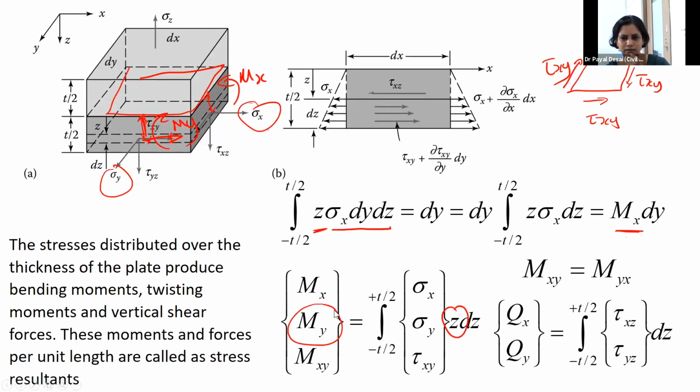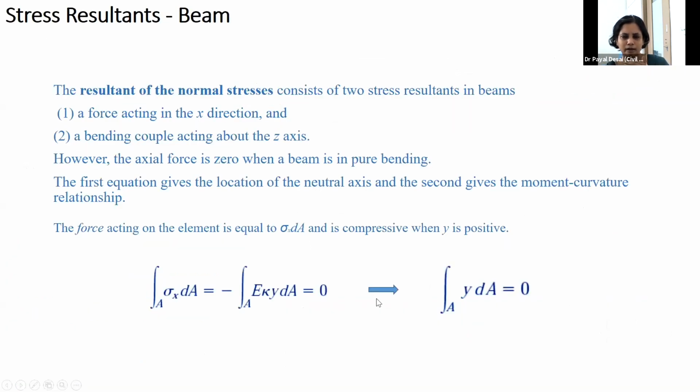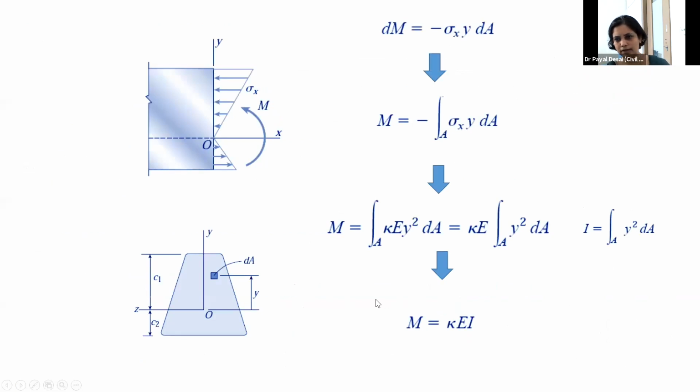I think a similar observation you may see in the case of a beam. You only have the one sigma x here, that is only Mx. In the case of a beam, you already have only one thing, that is Mx, and the My and Mxy, the twisting moment and the moment in y direction, won't be there in the case of a beam. But in a beam, along similar lines, the equation development will happen. I think I will skip this slide.